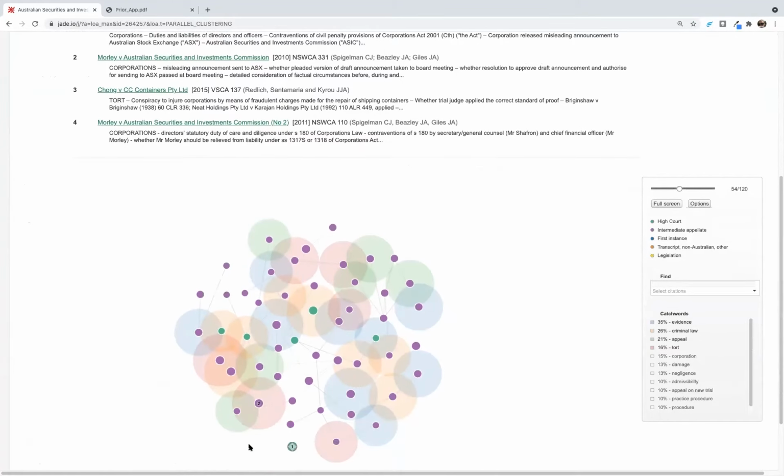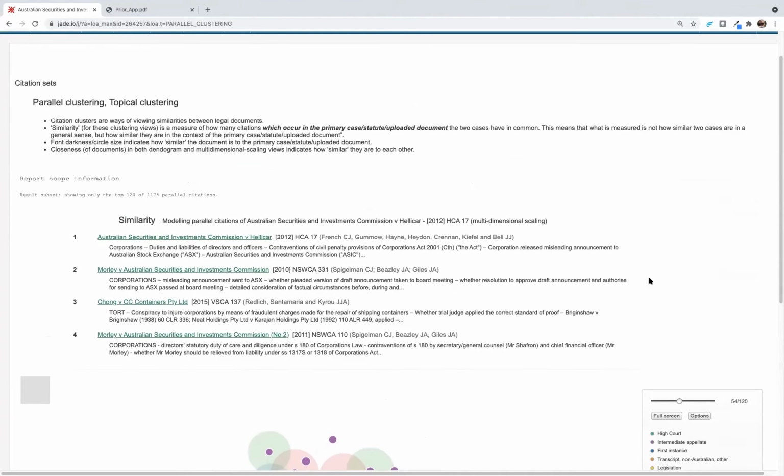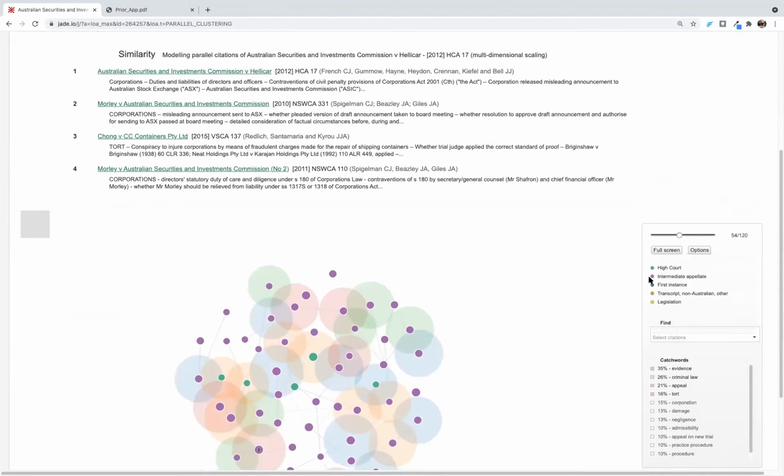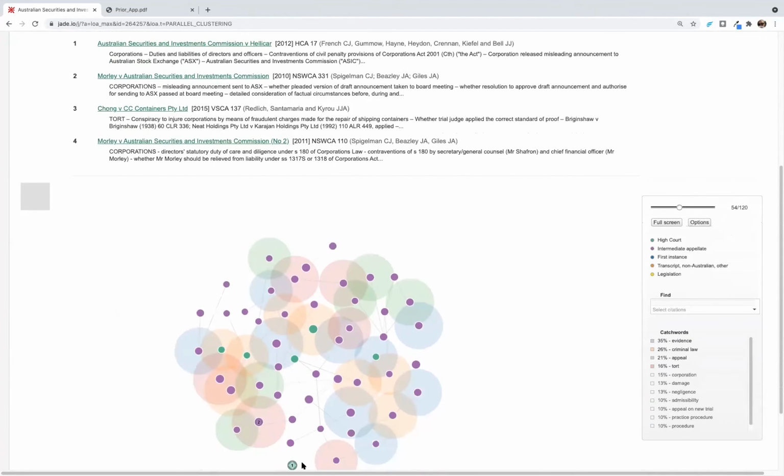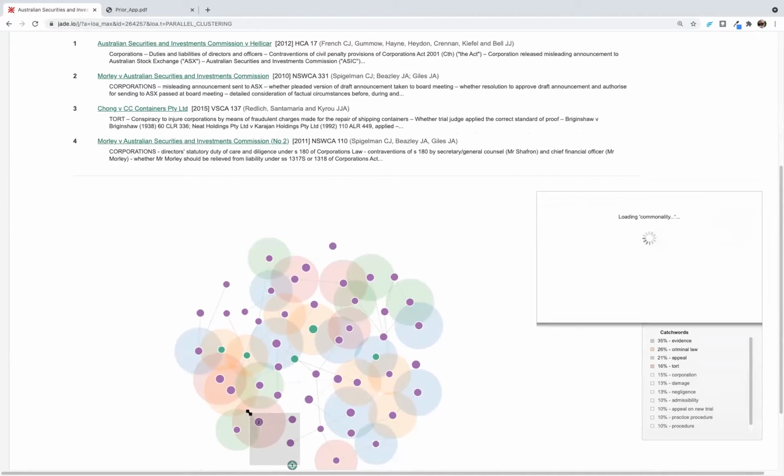Okay. All right, I suspect I'm going to have the same difficulty here. Yes, okay. That just seems to be because of the catchword shading there that I cannot turn off. But what I might do, oh, here we go. I've been able to capture my number 1 case of ASIC and Helicar and another case, not number 2, but I can expand that out to capture number 2. And when I release the mouse button, it's going to load the commonality of those 4